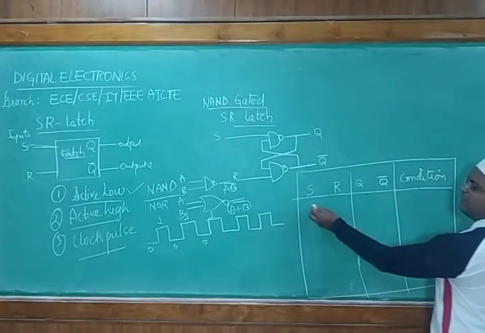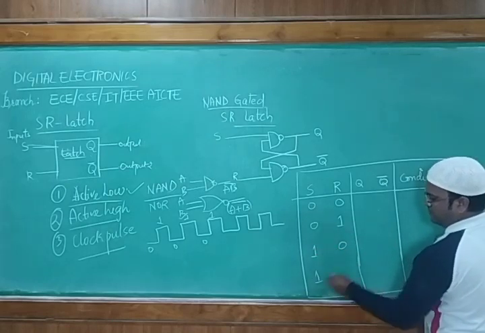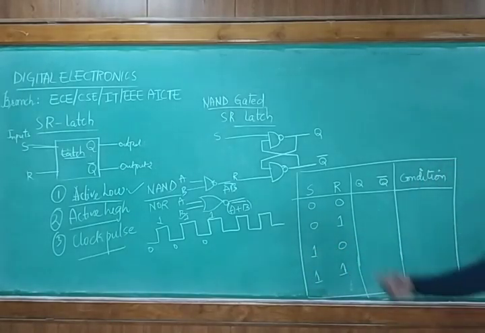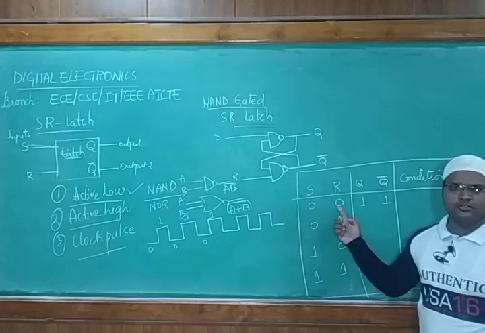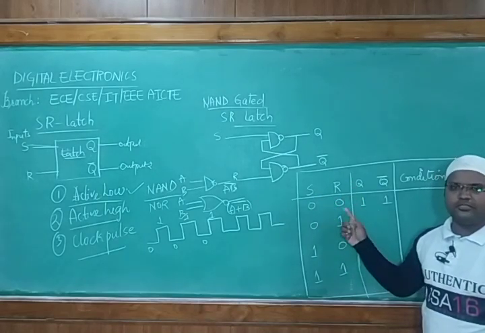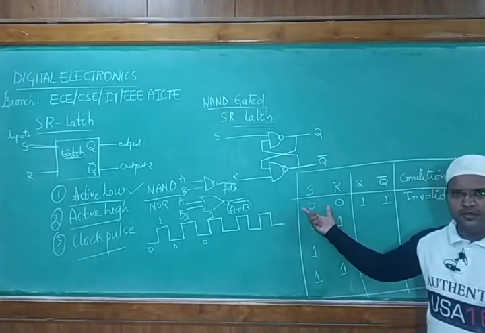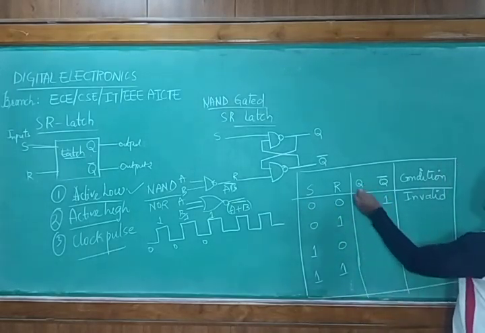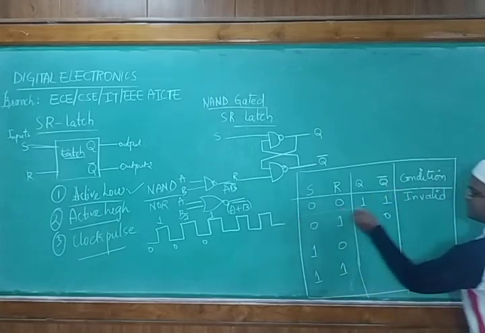So first, if I am giving 0 0, 0 1, 1 0 and 1 1, these are the bits we can give. For 0 0, your Q might be 1 or Q bar might be 1. So you cannot have both the values 0, right? Set cannot be 0 and reset cannot be 0 at the same time. If both values are 0, then this particular thing is called invalid. This is invalid because both cannot be 0. Next, suppose Q is 1. Our complement of that will be 0. This is the first condition we have seen, student.